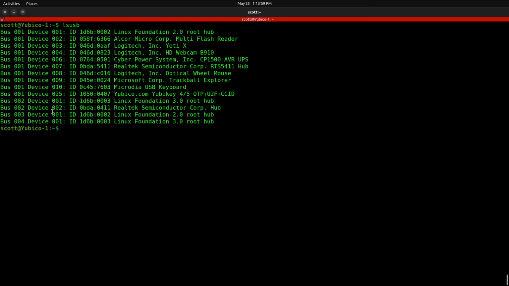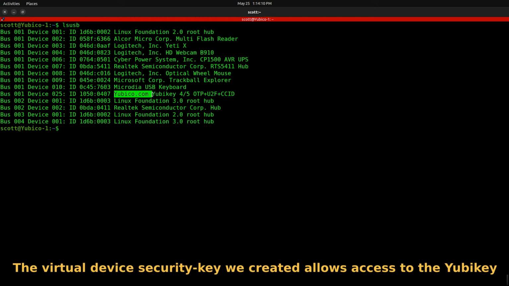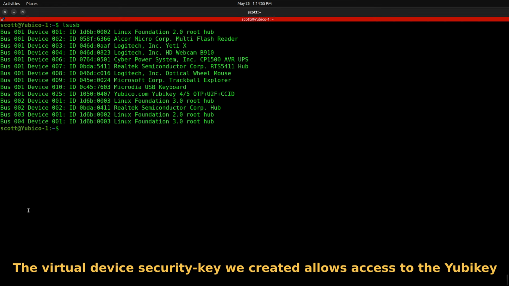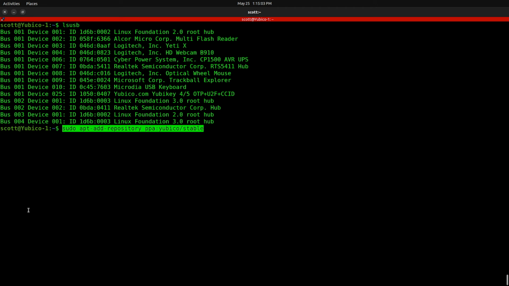Now this would have worked even though we don't have access to all of these devices. You can still list them, and we haven't really determined yet that we have access to this Yubico. It's just listed as something connected to this host. So remember that our access is virtual at this point in time, and so we really don't have direct access to the device. Let's go ahead and add the Yubico repository to this particular container, and it's now saying that